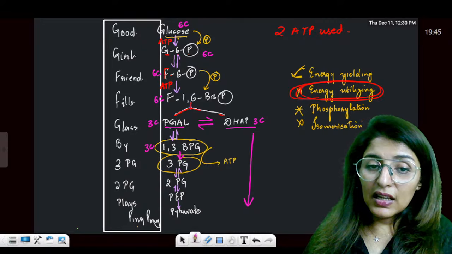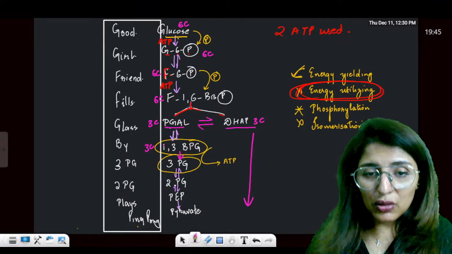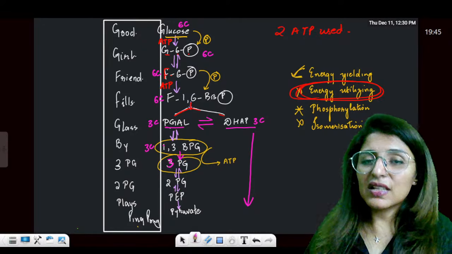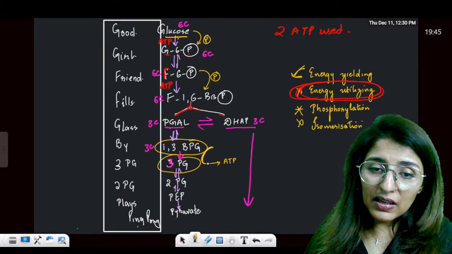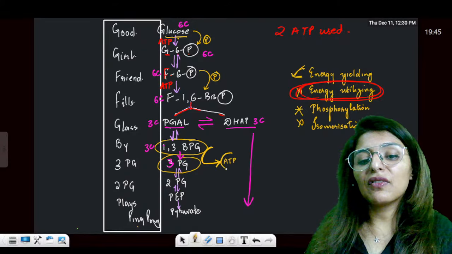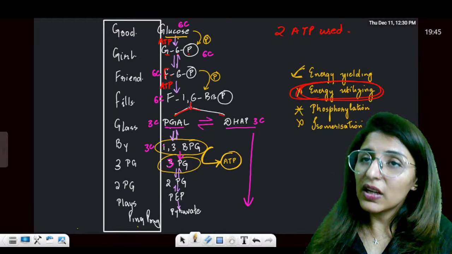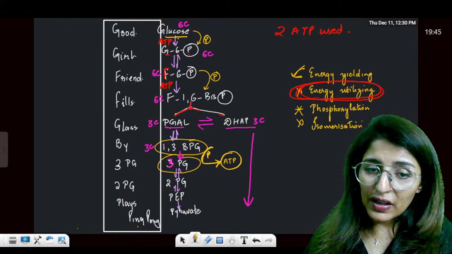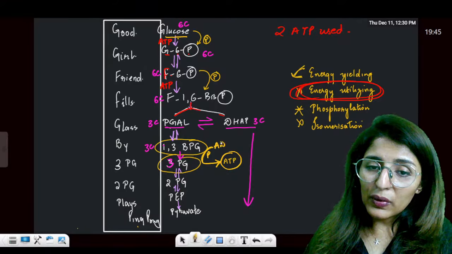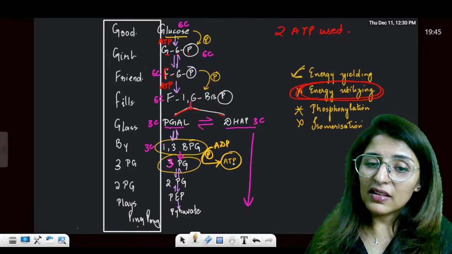Please see here. This 1,3-BPG has two molecules of phosphate and 3-PG has only one phosphate molecule. It means one phosphate has been taken out and changed into ATP. Yes or no? So one phosphate was taken out of 1,3-BPG, added into ADP and resulted in the formation of